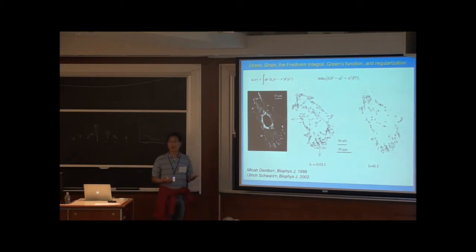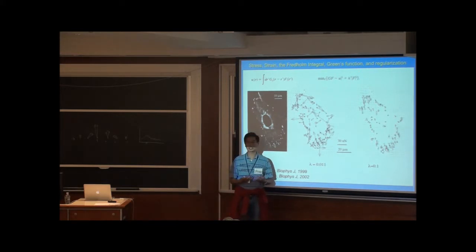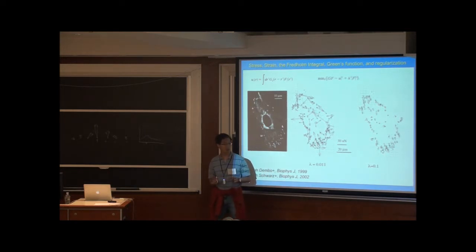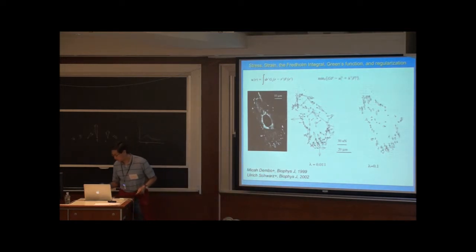So how do we solve the problem? What we do is we do something that we call regularization. And this is a mathematical version of saying we're cheating. Okay? And what we do is we take this, we try to minimize this function. Okay, so what is this function? This function is this